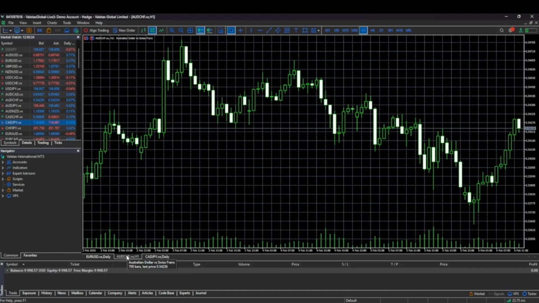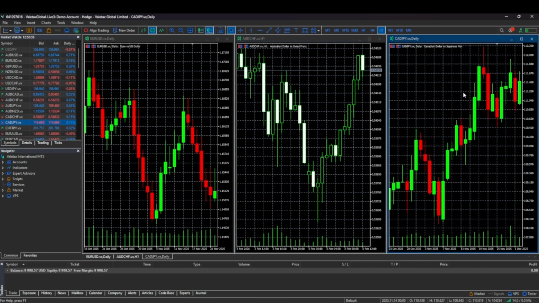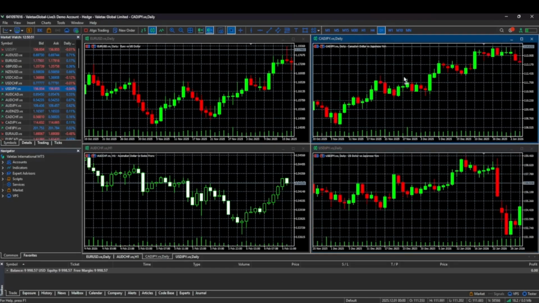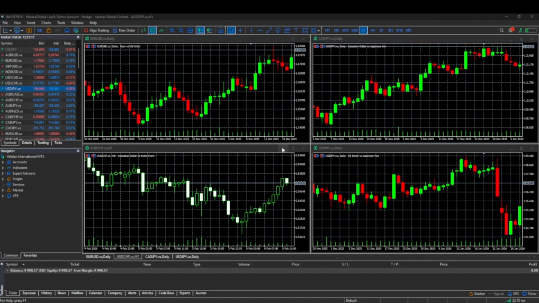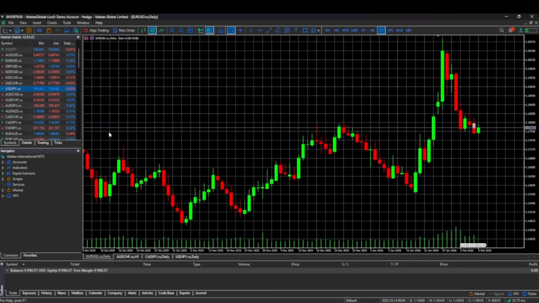But what if we wanted to look at price action on all of them at the same time? Well, if you right click, you can tile windows. So here now you can watch price action across different assets. If we open up another chart, you'll see it open up on the tab here. Again, if you wanted to look at all four, right click and tile those windows and you can see them all nicely laid out adjacent to each other. And then you can obviously minimize certain pairs and maximize one if you wanted to do some charting on euro dollar and have finished your